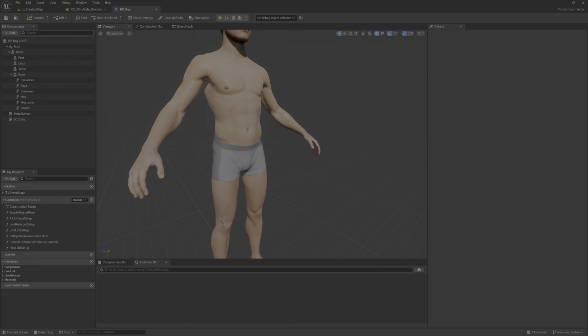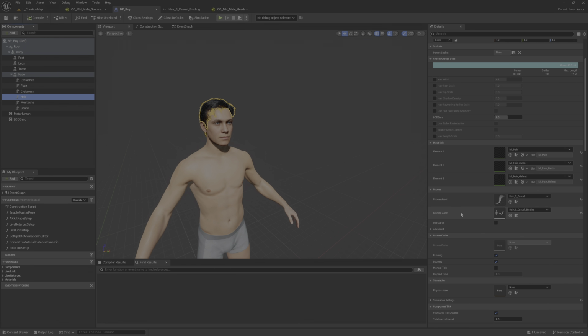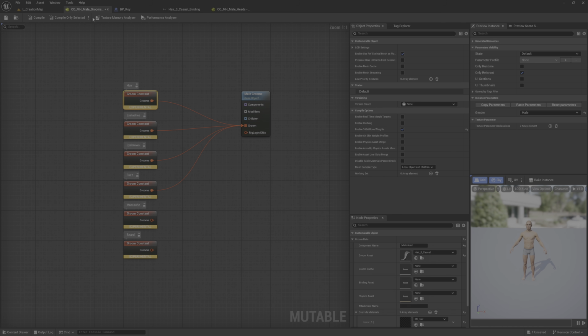And here we have Roy. And as you can see, the error consists of a binding asset, a groom asset, and some materials. So I will link this groom asset, this one, here, okay, in the groom asset section.